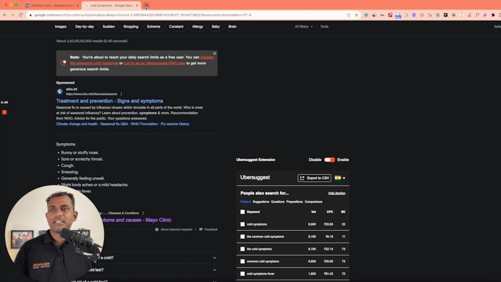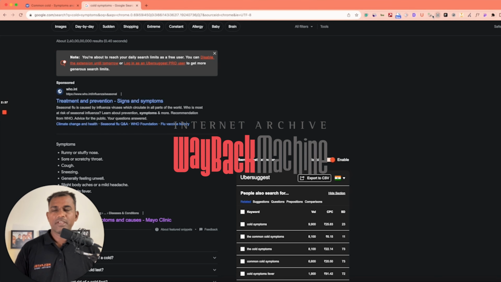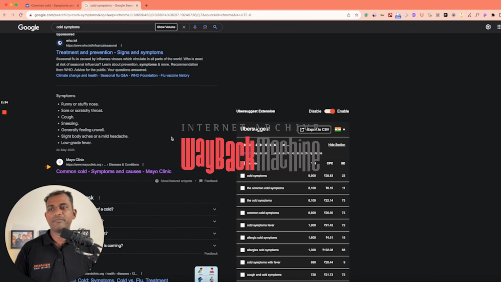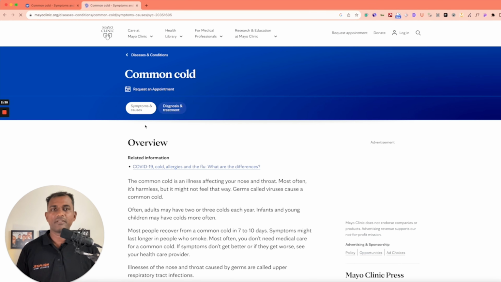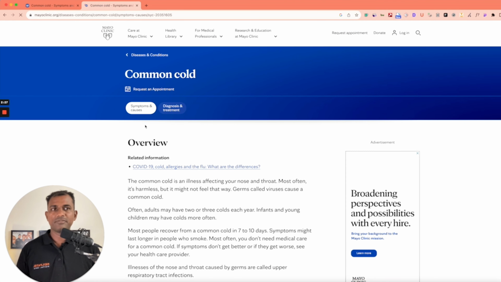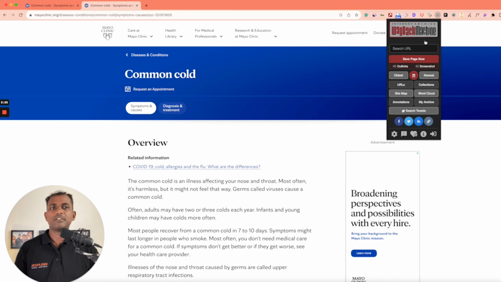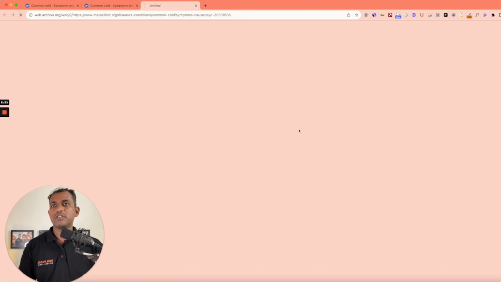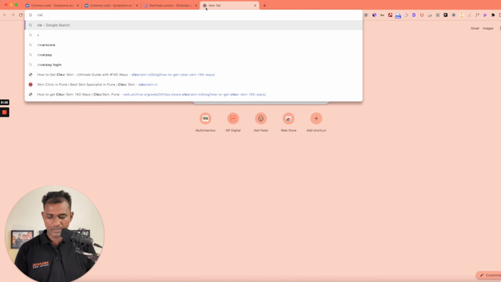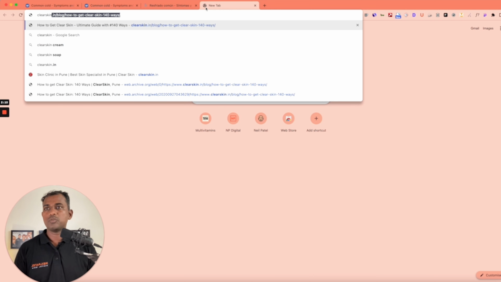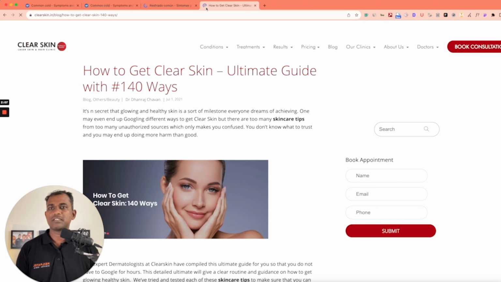One of the other plugins that we can use is the Wayback Machine plugin, where you can see how any page has changed over a period of time, because a lot of websites have the habit of updating their content frequently. It's quite easy to go to the Wayback Machine plugin here, and if you click on the oldest version, it could still show some of the older versions. In this case, for this particular web page, the last call, it was not available. So maybe we can look at some other website where we can check how these pages have looked in the